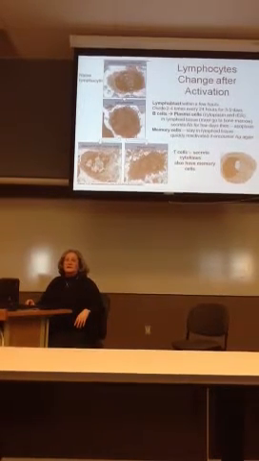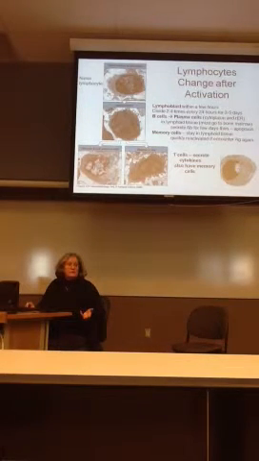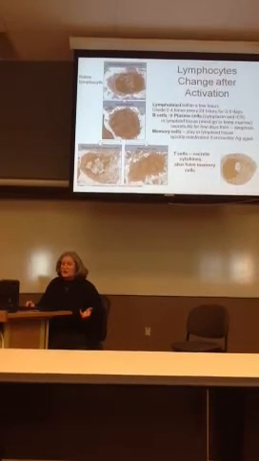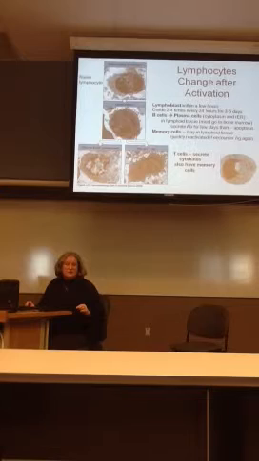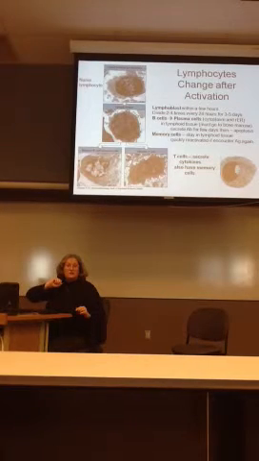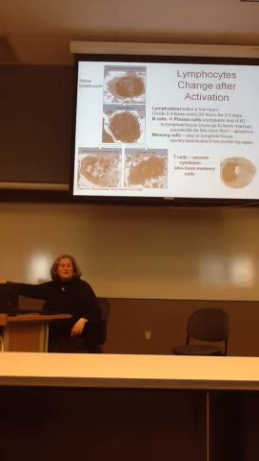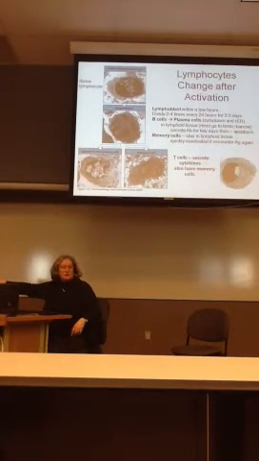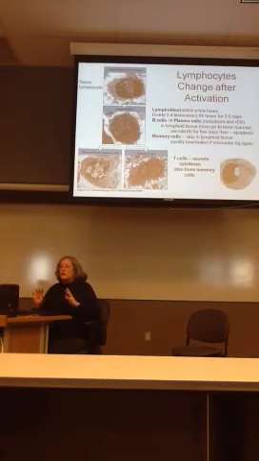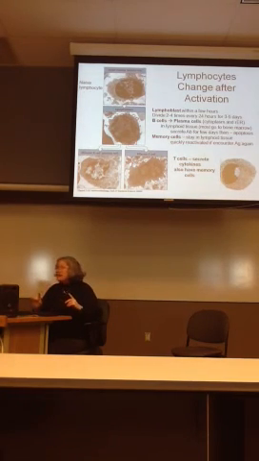Lymphocytes change after they've been activated. They become larger, they have more cytoplasm because they're producing antibodies or cytokines, and so they have a larger amount of rough endoplasmic reticulum, which is the place where proteins that are going to be secreted are produced. The rough is due to the ribosomes attached to the endoplasmic reticulum, and the proteins are released into the lumen of the endoplasmic reticulum, pinched off into vesicles, and eventually make their way circuitously to the plasma membrane where those proteins are released. Okay? Same type of overall process for antibodies that are secreted and cytokines that are one big thing that has to happen is that